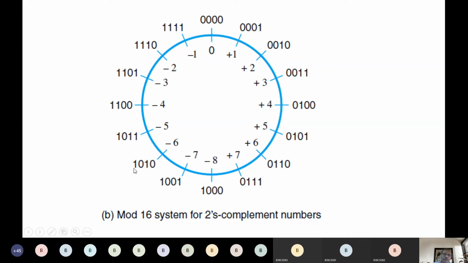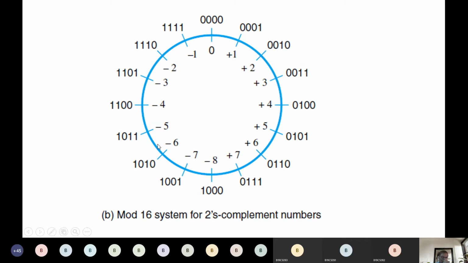For example, this one. 1 means the minus symbol. Next is 010, assume 3 positions. 010 is 2, so 8 minus 2 is 6. Similarly, here also 8 minus 3 is 5, 8 minus 4 is 4. But how do we get the minus symbol? Because the MSB is 1. Then 8 minus 5, 8 minus 6 is 2, 8 minus 7 is 1. And how do we get minus? Because the MSB is 1. Similarly for all zeros.